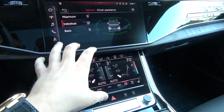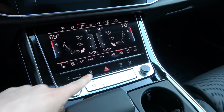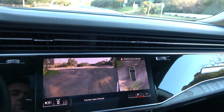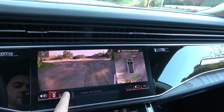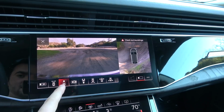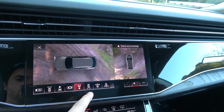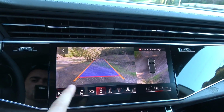Another feature I love in the car's infotainment screen is the parking assist cameras. So we've got your conventional cameras, there's a front view, and sometimes you get an aerial view in higher end cars, but check this out. If we slide this, it reveals a plethora of different options. That's a narrow view, then there's a wide view front, there's a side view, a rear view. Look at all of the different options we have, but my favorite is this 3D